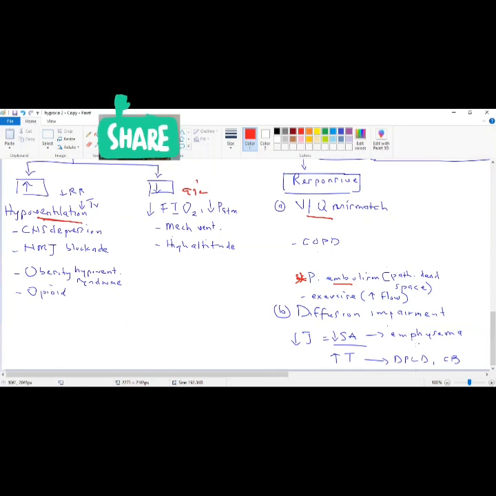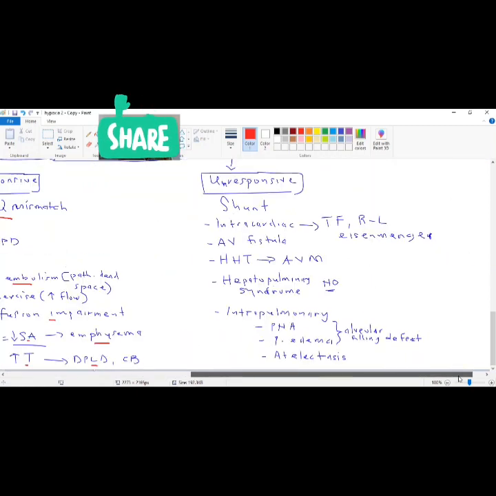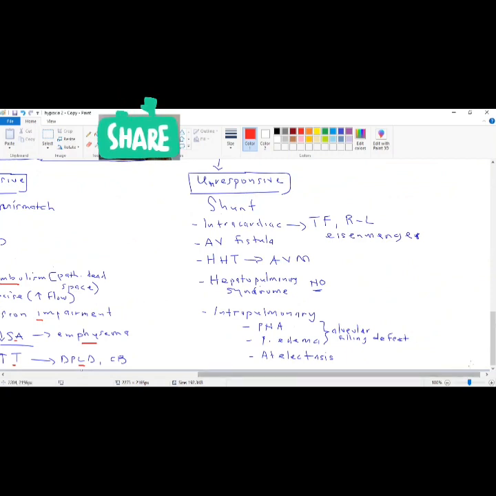Diffusion impairment: emphysema. Remember, emphysema destroys lung tissue. There will be decreased surface area for diffusion of gases, and then increased thickness of the barrier. You're going to see that in what? In pulmonary fibrosis. In pulmonary fibrosis, interstitial lung disease, there will be increased thickness of the barrier, and emphysema will decrease surface area. So this will cause diffusion impairment, but PE will cause VQ mismatch. Then, if there's no response to oxygen supplementation, again, with a shunt,